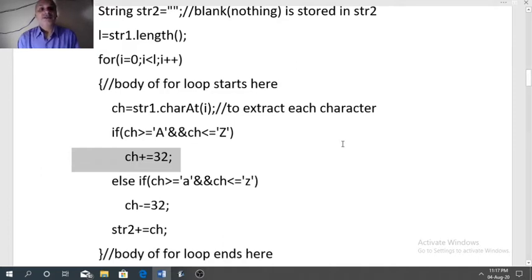Lowercase letters have ASCII code 32 more than their corresponding uppercase letters. So if ch belongs to uppercase, we need to add 32 to the ASCII code of that letter. That will store the corresponding lowercase. And control will not go to the else part, because an if else if ladder is designed.